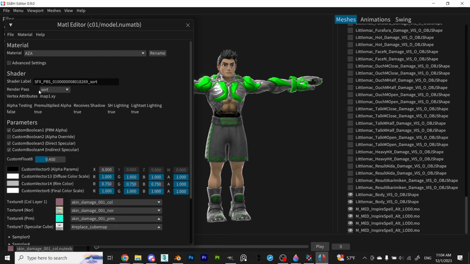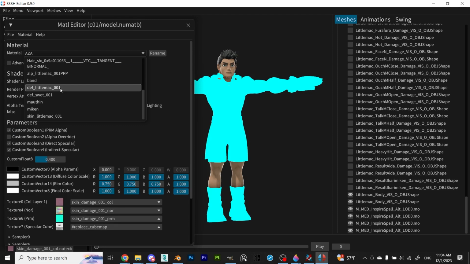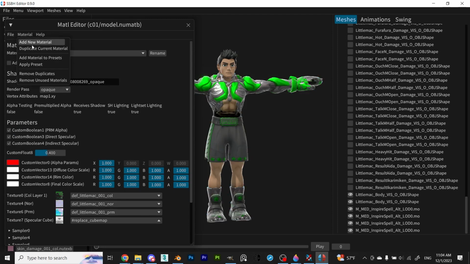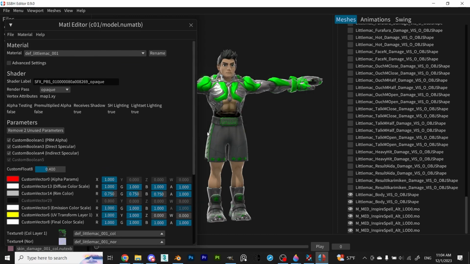Now for the materials. All you need to do is open up the model.numatb and select the specific material you want to edit and go from there. In this case, I applied the emission material to the default material that the mesh currently has.